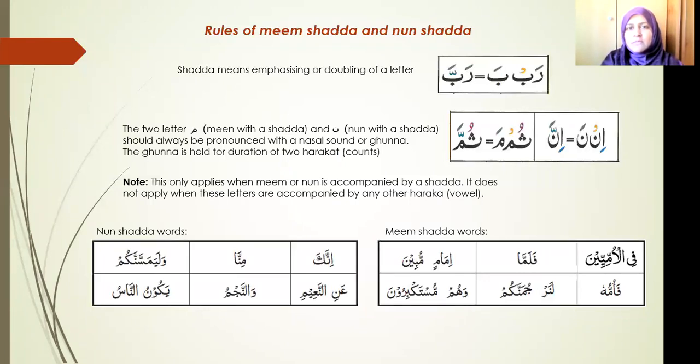Today we are going to cover the rules of Meem and Noon Mushaddada. Shadda means emphasizing or doubling of a letter. So when a shadda, which looks like a little English W, appears above any letter, it means that there are two of the letter in that word. Just like in the word Muhammad, when we spell it in English, we have double M. The word swimming, we have double M. The word Sumayya,